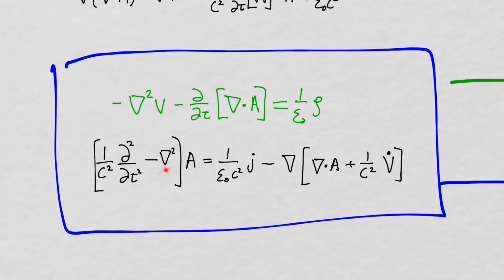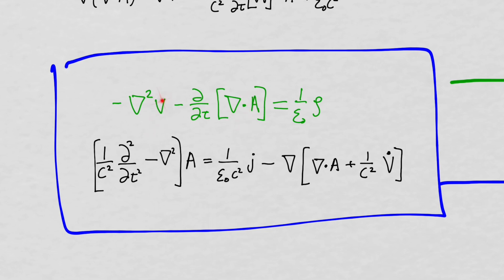A is a vector, the Laplacian of a vector is a vector, the second time derivative of a vector field is a vector, J is a vector field, a source vector field, the gradient of a divergence, well, the divergence is a scalar, the gradient of a scalar is a vector, etc. So anyway, the point being that these are second-order differential equations, but they're complicated by the fact that they're coupled,